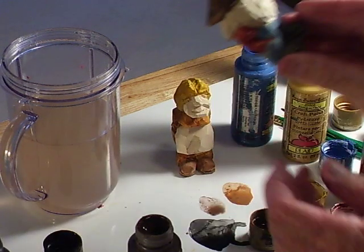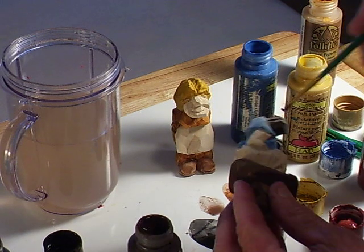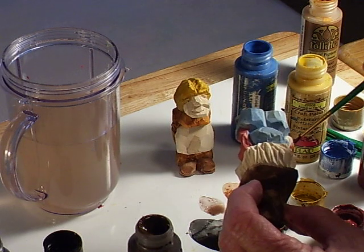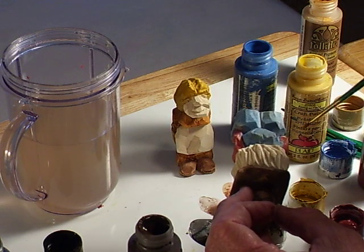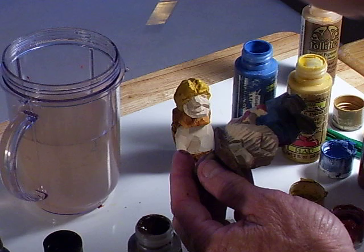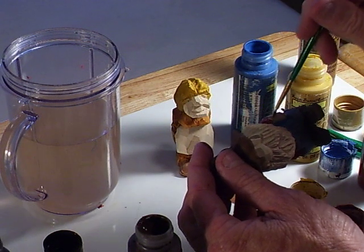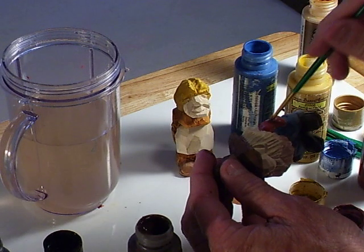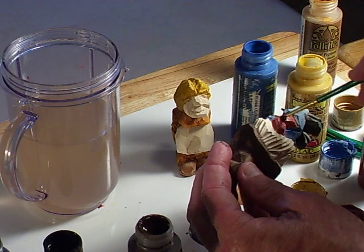See that? See what we did there? Okay. And we're going to do the same to this one. Now you can use any red that you want. I like the red oxide because it's not really what you would call a bright red. It's called red oxide. And you can get it, well, Hobby Lobby carries it. They also make a crimson red and things like that. But I like to use the red oxide because it just seems to not be such a heavy bright red, but more of a